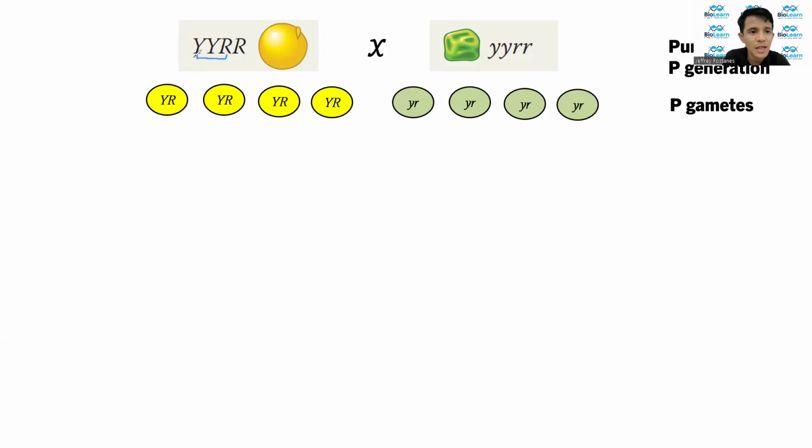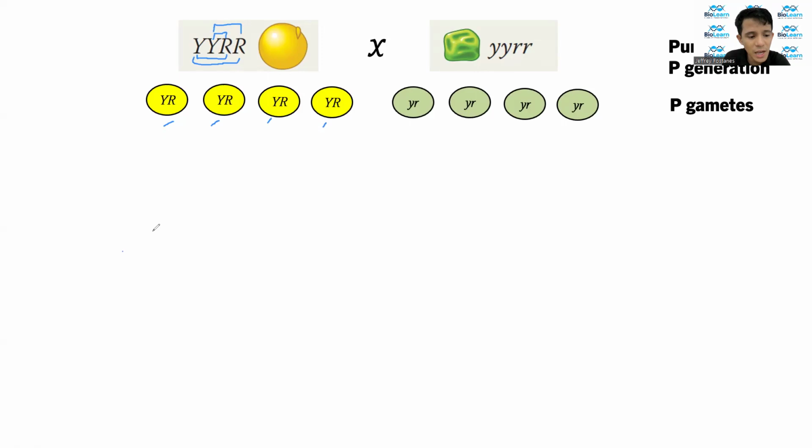Then outer, capital Y, capital R. Then inner, it's capital Y, capital R. And then last, capital Y, capital R. Then you'll do the same thing with this, and then you will get these gametes.